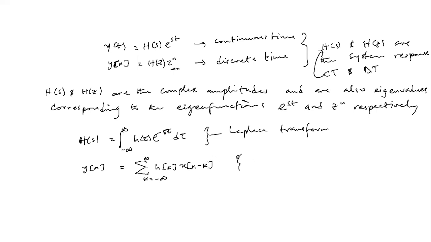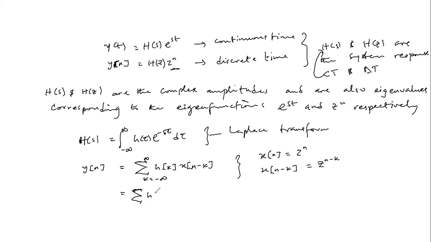Okay, now recall that x of n is the same thing as z to the n, so x of n minus k is the same as z to the n minus k. So once we plug that in, the output response reduces to